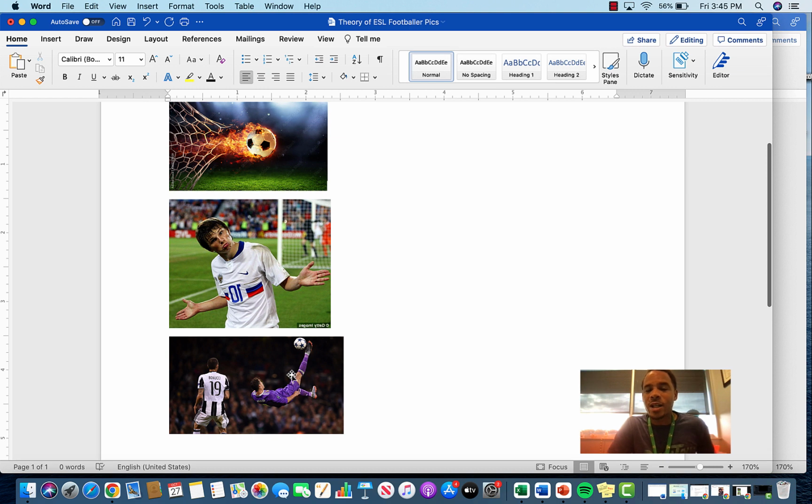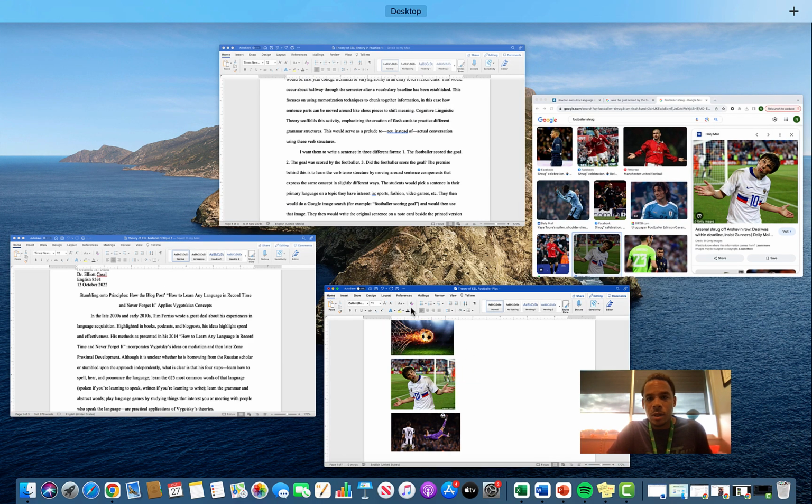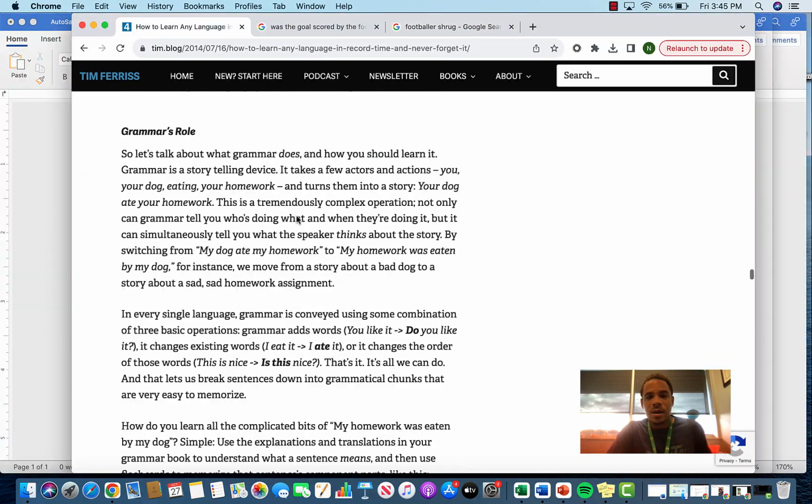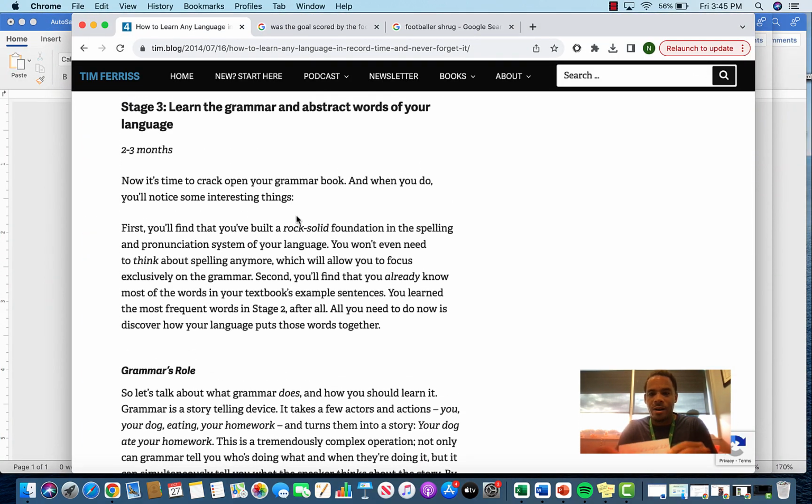So I decided to go with this one here, and I typed in bicycle kick for this. But the students can type whatever they need to create the image that they feel is most likely going to help them remember. And then what they would do at that point is create flashcards, which I've done here. And I would obviously like this to be in color and probably a little bit bigger, but for the sake of this, just for demo purposes, you get where I'm coming from. The image, the French version, and then the English version on the back.